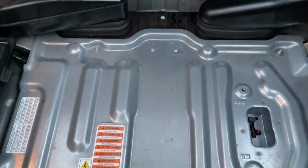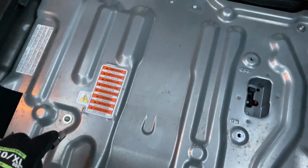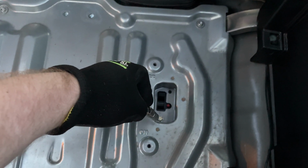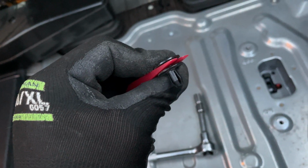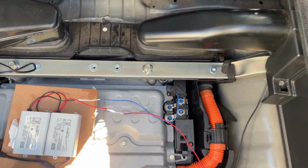The next step, there are 4 T30 bolts that need to be removed. In addition, underneath the IMA switch is a 10mm bolt. You remove those 4, and on the front here, over there, and over there will be panel clips that need to be removed in order to remove this top cover. As is seen, okay,